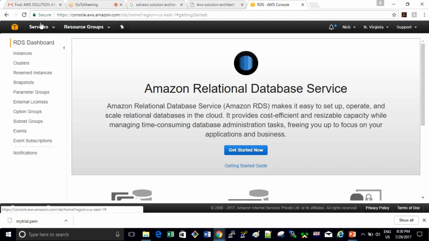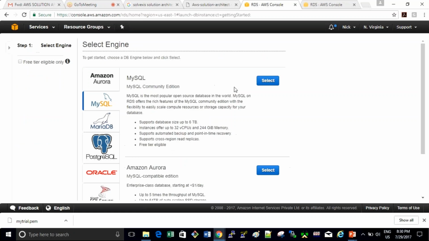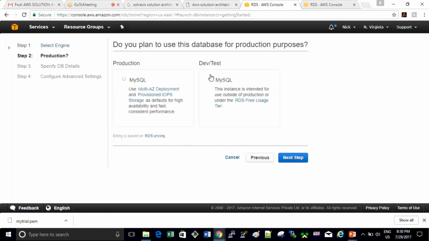If you see here, why I said that. If you build an Oracle server here, now if I go and create a server here, I have so many things here. I'll go to MySQL. Supposedly it works for everyone.